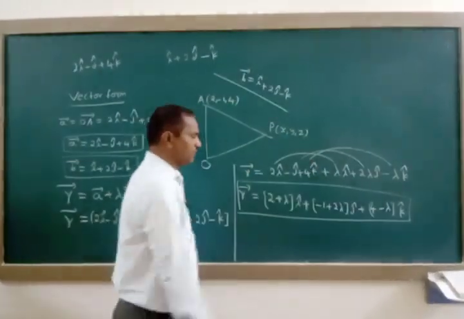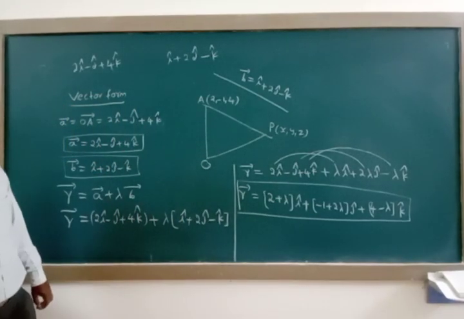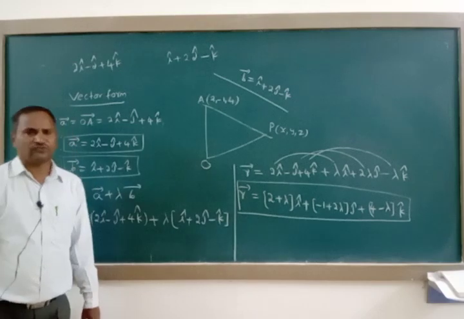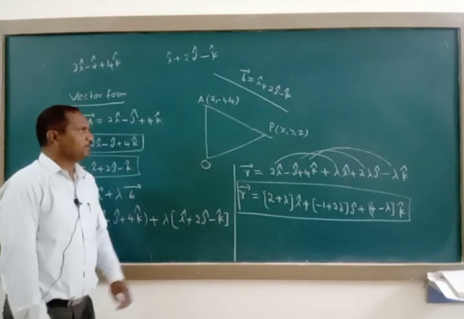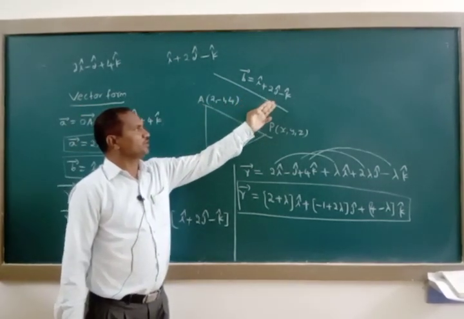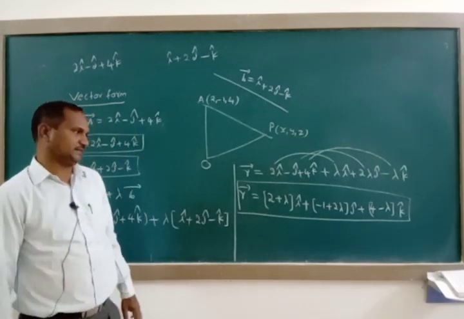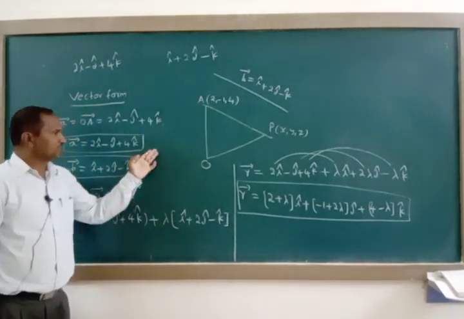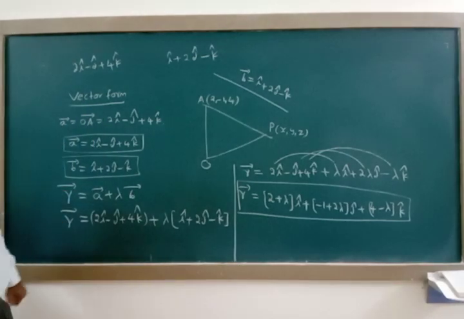This is the vector form of the equation of a straight line. At the same time, in this question they are asking for the Cartesian form also. In the Cartesian form, we apply x1, y1, z1 and b1, b2, b3. You collect these three values from the given vector b here. Like that, we are giving the procedure to find the vector form of the equation of a straight line.